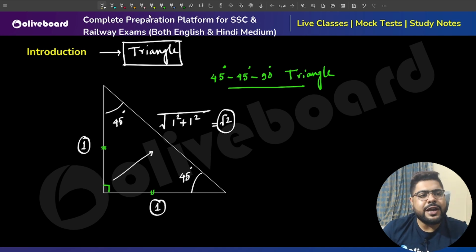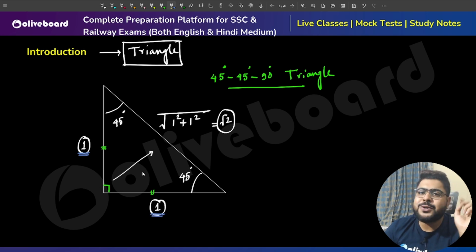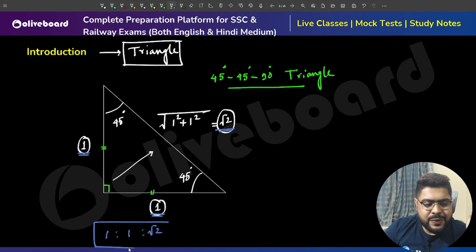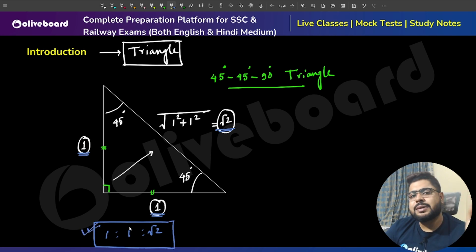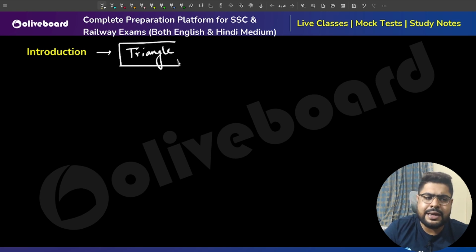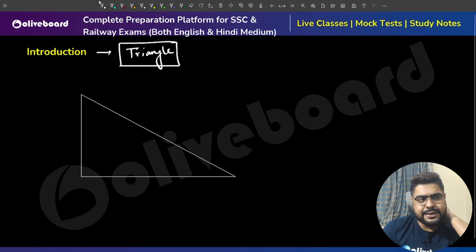So meaning in 45, 45, 90, always remember these two sides are equal, and the side opposite to 90 degree, opposite to right angle, that is root 2. That means the ratio of the sides are 1:1:root 2. So this is something you should remember. And the other type of triangle that we need for this, from where you will get so many questions in SSC CGL, CHSL, NTPC, RRB exams, where everywhere you will get this common type. The other type is this,